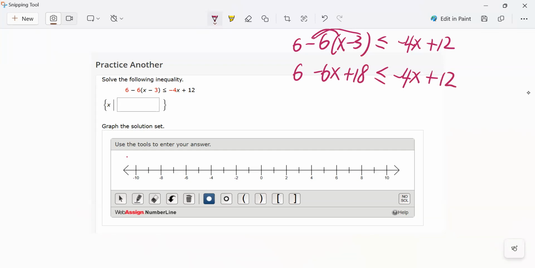Now next thing, combine the numbers. 6 plus 18 is 24, so minus 6x adding 4. That's equal to minus 4x adding 12. Now we're going to move this